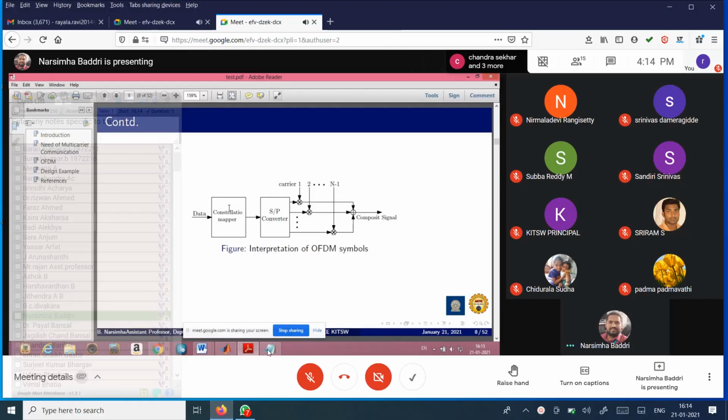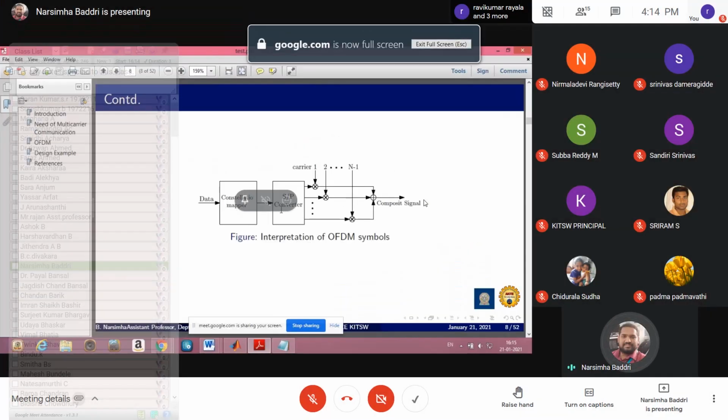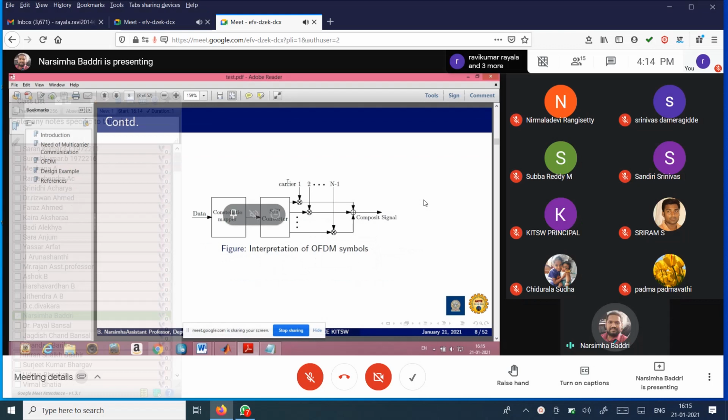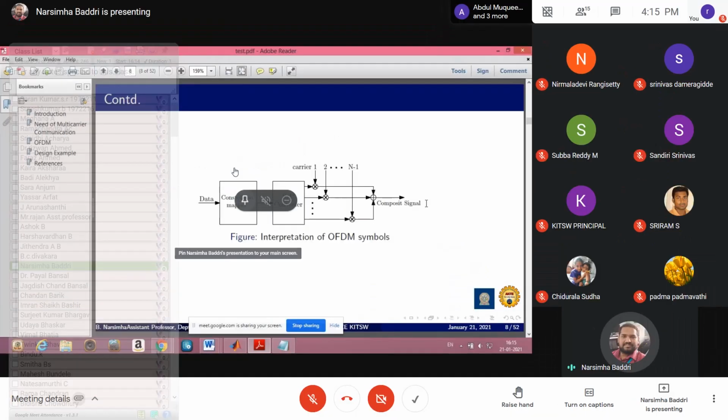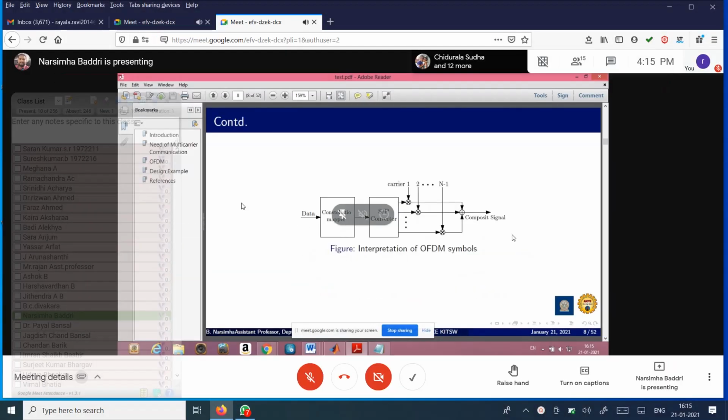Okay, and next we are performing some constellation mapping, whether it is BPSK, QPSK, QAM, whatever it is. So we have a serial to parallel converter to facilitate all these carriers. Each and every parallel stream will be modulated with a specific carrier, and all these modulated streams are summed together and produce a composite signal that is your transmitting signal. So this is a basic block diagram of a multi-carrier communication system.